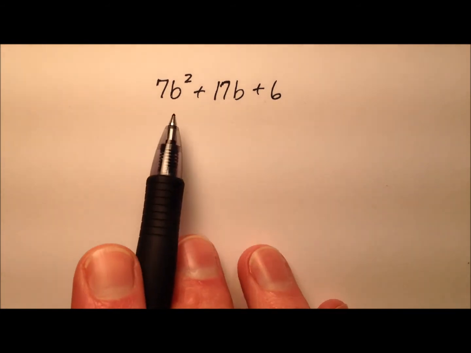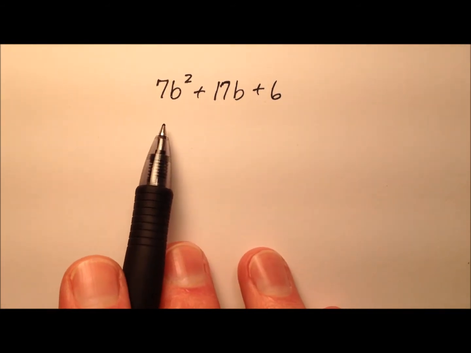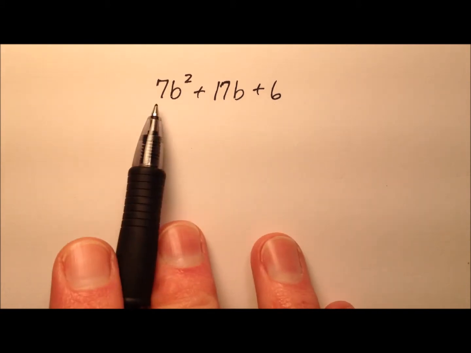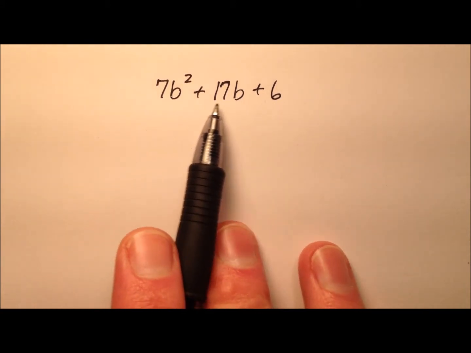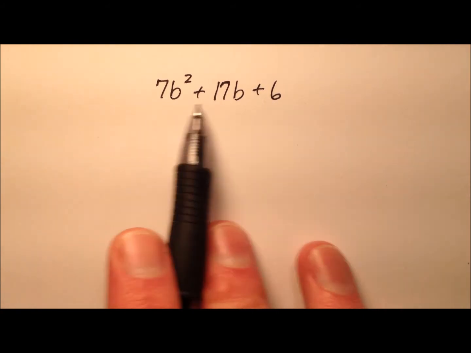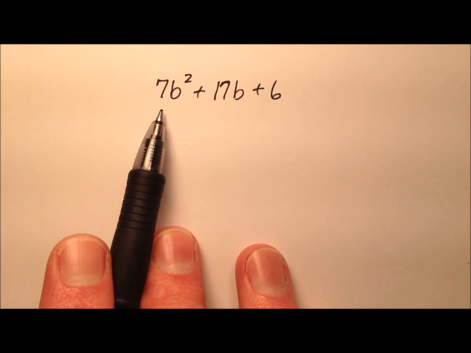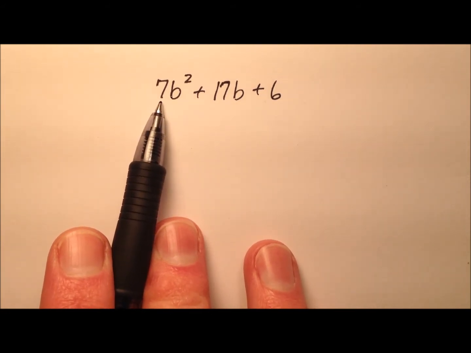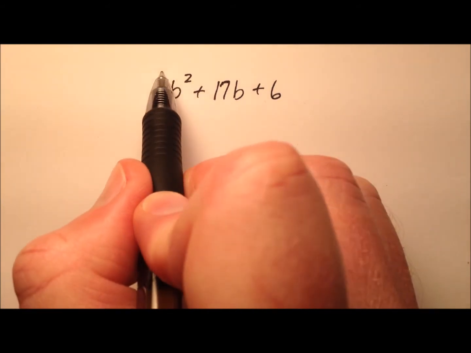In this example, we're going to factor this quadratic trinomial, 7b squared plus 17b plus 6. And the first thing we always do is look to see if there's a greatest common factor that I can divide out of every single term before we ever do anything, and there is not. So let's look at the leading coefficient. Well, this thing is not 1, it's a 7, so we're going to have to use the AC method,